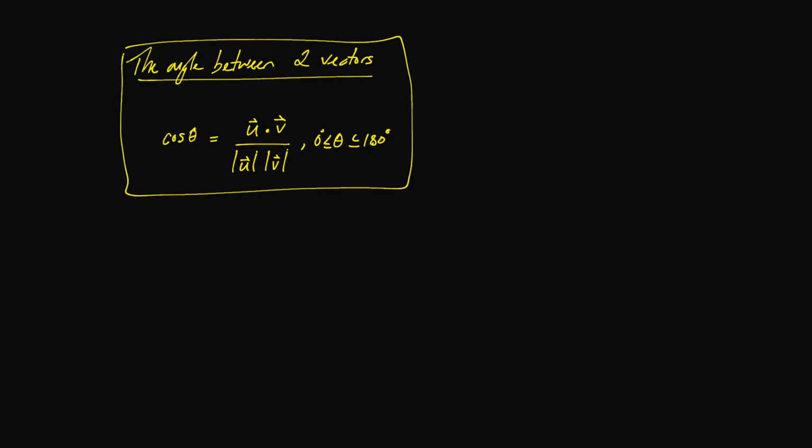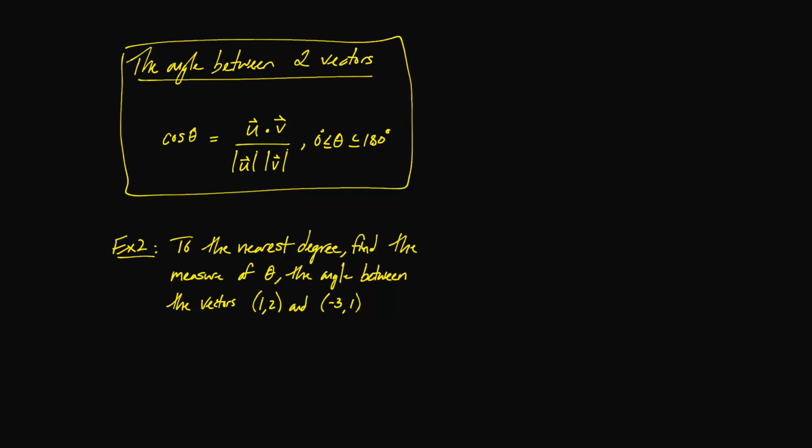So we're going to just throw this into an example problem. To the nearest degree, find the measure of theta, the angle between the vectors (1, 2) and (3, -3, 1)... (-3, 1). So let's do this workout, and feel free to use the formula above as reference. So you're going to say that cosine theta, you're looking for theta, is going to be equal to the dot product of your two vectors. So that's going to be 1